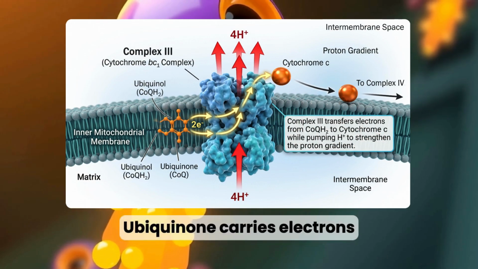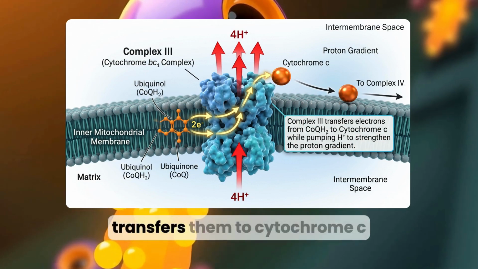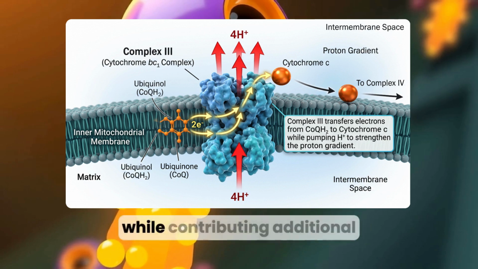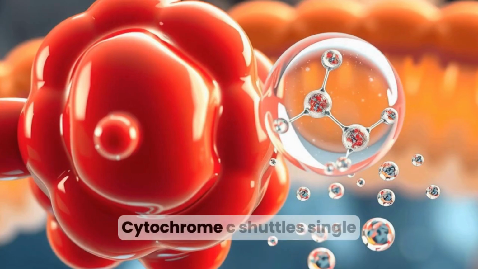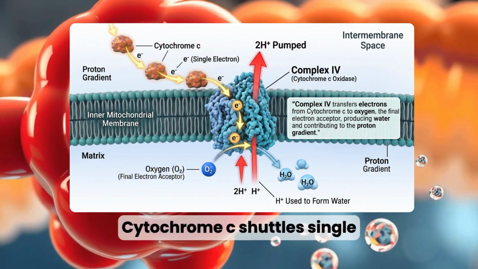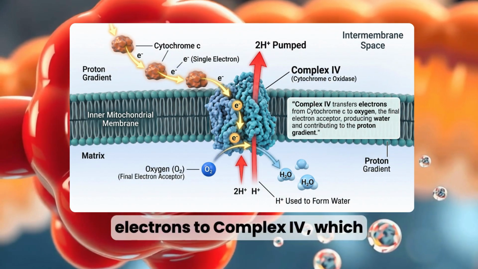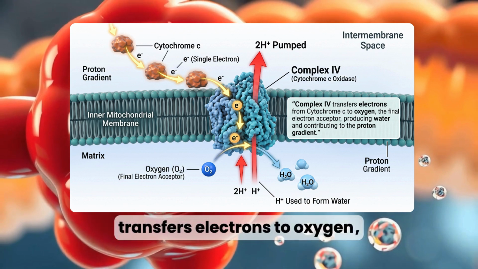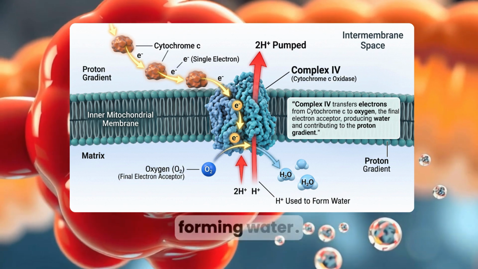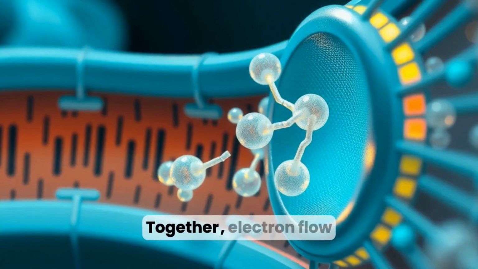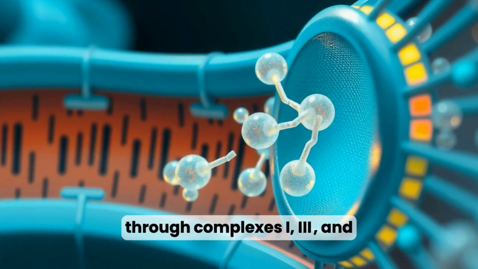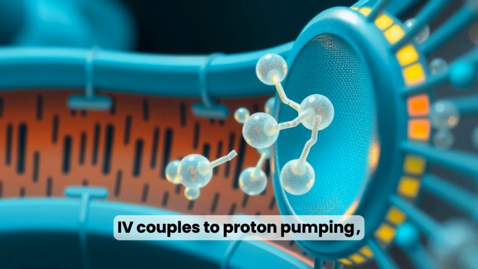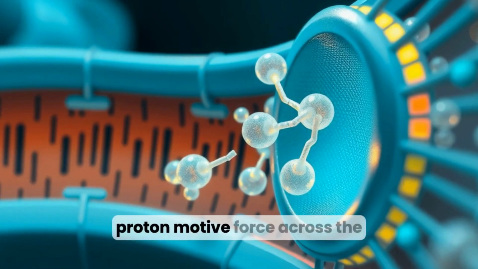Ubiquinone carries electrons to Complex 3, which transfers them to cytochrome C, while contributing additional proton pumping to strengthen the gradient. Cytochrome C shuttles single electrons to Complex 4, which transfers electrons to oxygen, the final electron acceptor, forming water. Together, electron flow through complexes 1, 3, and 4 couples to proton pumping, generating a substantial proton motive force across